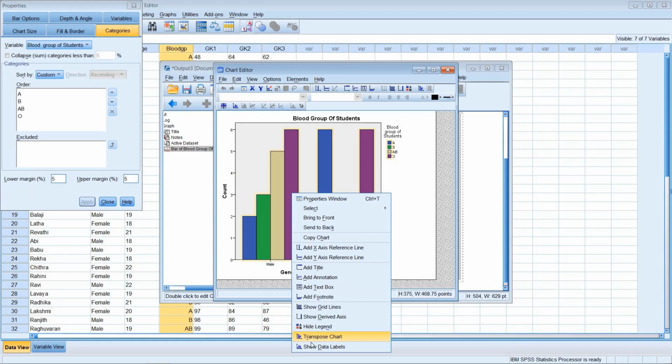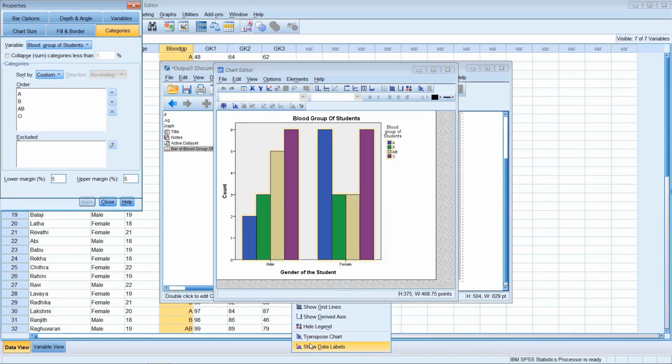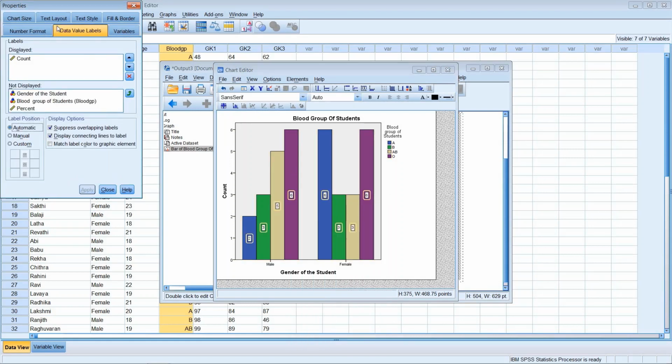You can show data labels. The data label box is open. Here count is already there. I want to show the blood group of the students also as a label, so I am just transferring it here, then I am clicking on apply. So here besides showing the frequencies, we also find the blood group of the students.